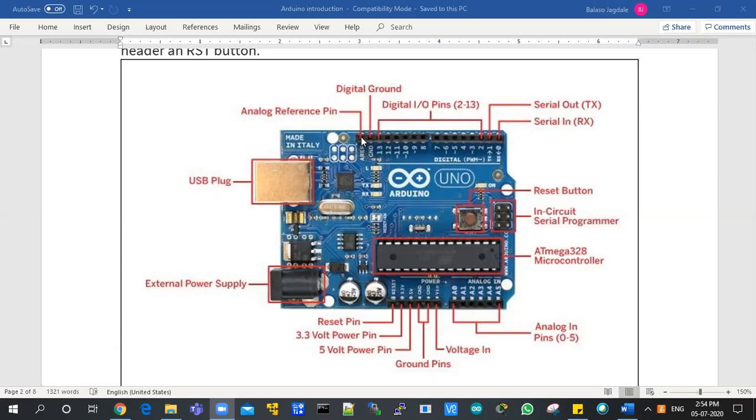This is the digital ground, and this is the reference voltage, which can be used for some other peripherals. Then see, this is the main IC. This is the reset button, available if you want to reset the program when the power is already on. This is where you can give the external power supply. An AC adapter can be connected directly here. If not, then through USB you can also connect this to the laptop. But this is a different kind of USB, micro USB, and you have to connect it here to the laptop or your computer, for programming purposes.